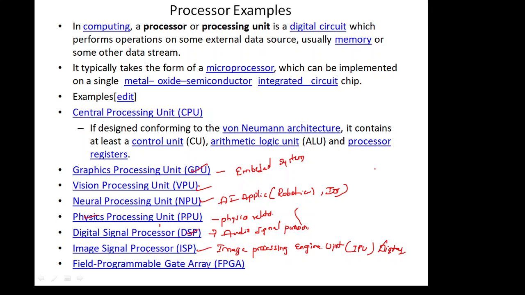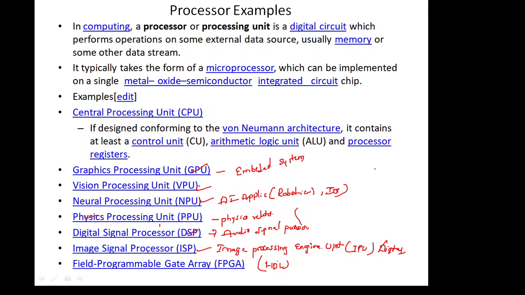the field programmable gate array. The short form of field programmable gate array is FPGA. It is also an integrated circuit designed to be configured by the customer. According to the customer requirements, we can alter the manufacturing, hence we call it field programmable. Here the FPGA configuration is generally specified using a hardware description language, which we call HDL.